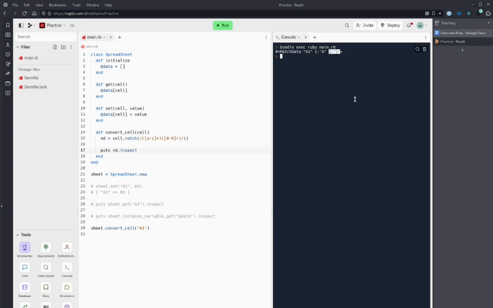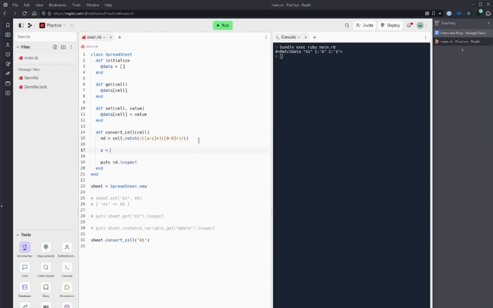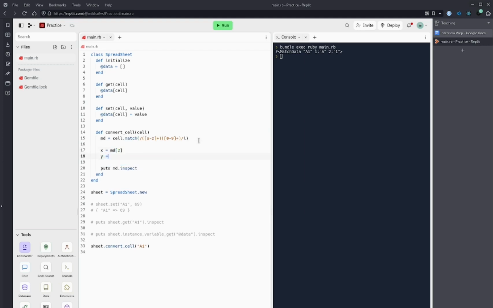1. So the way that we're gonna work through this is obviously the 1 is fine, that can be its own thing, and so we know that X is gonna be MD2, and we know that Y is going to be MD1, but we need to do a little bit of work on that. So that's a character, and we need to, the way that you go from a character to a